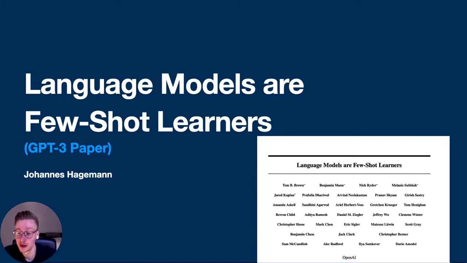This is a re-recording of the GPT-3 paper presentation that I gave at the Hasso-Plattner-Institute in Potsdam. In previous sessions of the paper reading group, we already covered some papers that are maybe important to understand the GPT-3 paper in depth. So to fully understand the concept in this talk, you should be quite familiar with the Attention is All You Need paper and also the BERT paper, or have at least watched some videos of those two. Otherwise, I hope you can still find some value in this presentation.